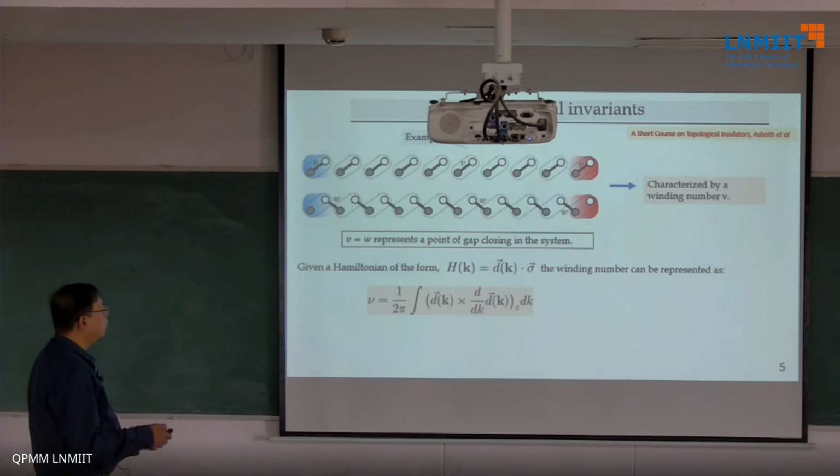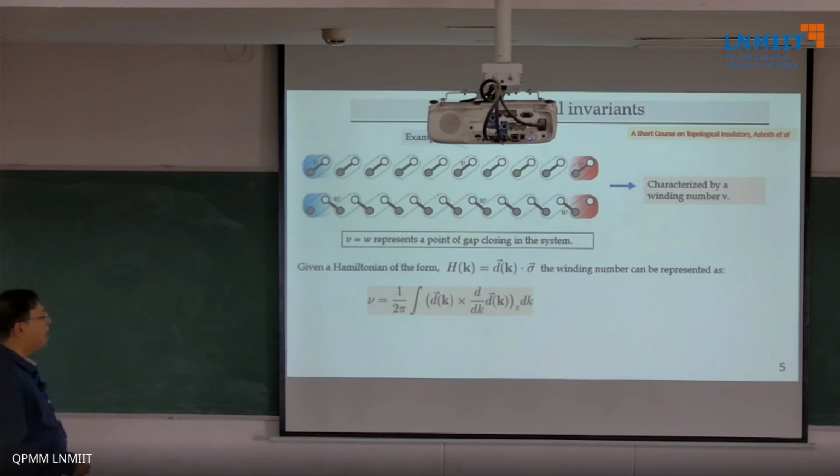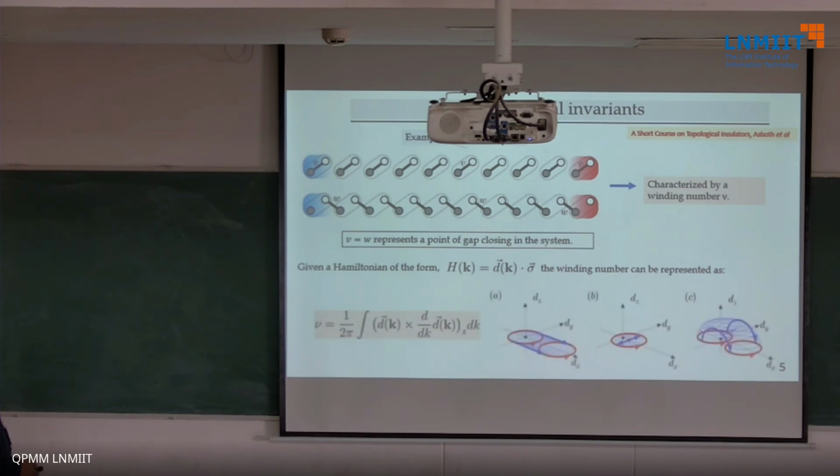And this is possible to show in a very simple manner. If you write down the corresponding Hamiltonian in the form of a massless Dirac form, which is d dot sigma, sigma the Pauli matrices, and d is some vector which depends on k. And fortunately for this problem, this is a dx dy plane. So if this red circle encircles the origin, you have the topological insulator, and if it comes out of this, it's a trivial insulator, and this is the gap closing point where the edge of the circle simply touches the origin.